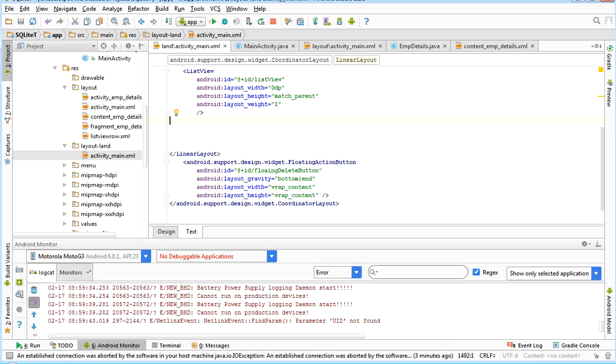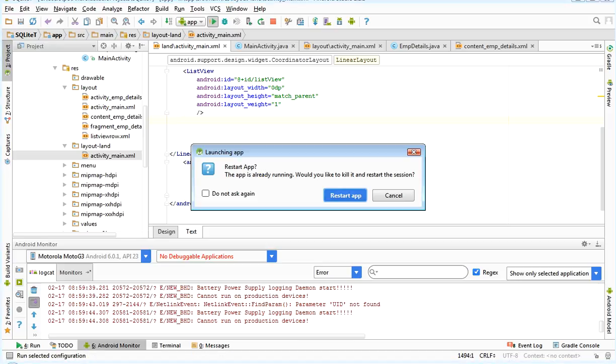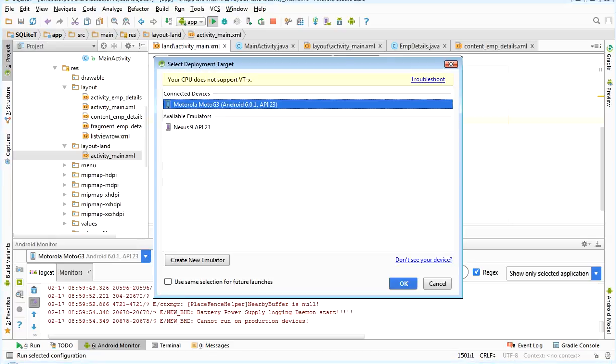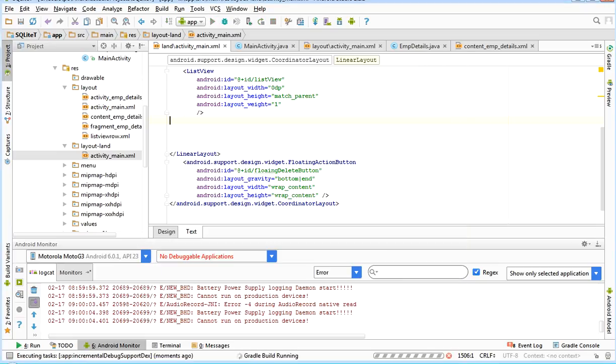I removed it. Now I am restarting the app.